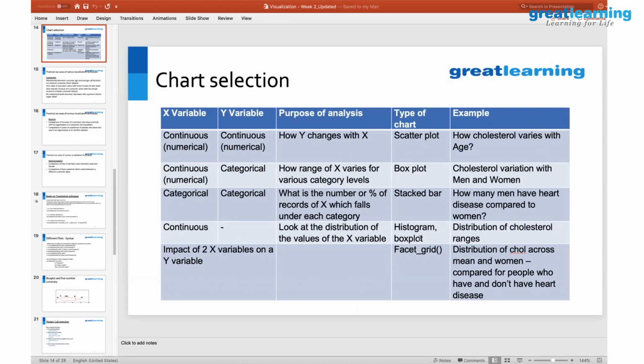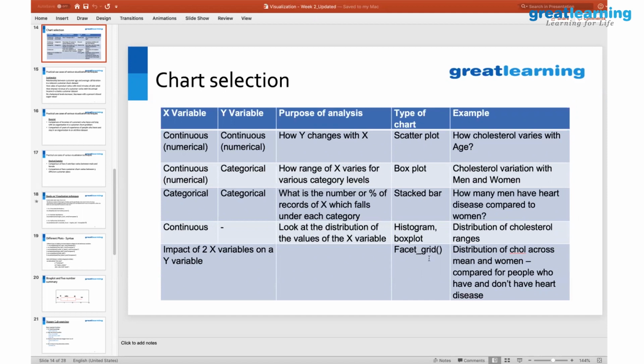Histogram. And how does a histogram work? What does a histogram tell us? Frequency. Perfect. It basically talks about the distribution of data. You divide your data into different classes, or you have certain categories in your data. For each of the categories, what is the frequency? That's what a histogram plots at the end of the day.